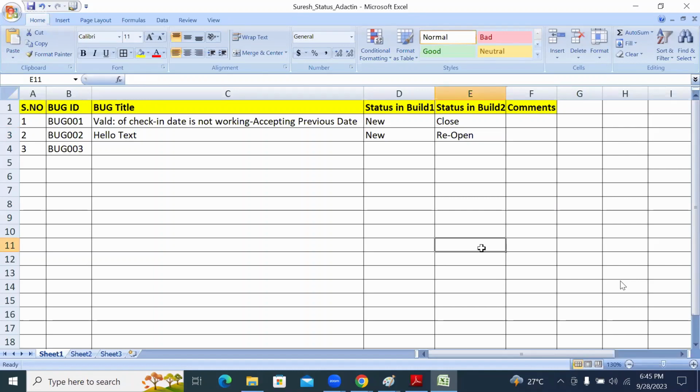In simple terms, the one assignment: identify the bugs in build one and retest in build two. The one assignment, identify the bugs in build one, retesting build two. That is one assignment. Second assignment,